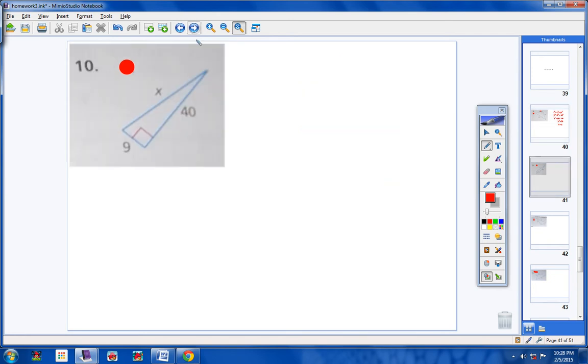Let's try another one, number 10. We have a right triangle, and we know 2 sides. We're missing a third side, so we can use the Pythagorean theorem. One of my legs is 9. The other leg is 40. And my hypotenuse is x. 9 times 9 is 81. 40 times 40 is 1600. Equals x squared. Add these two together and you'll get